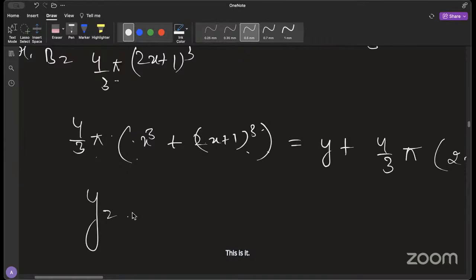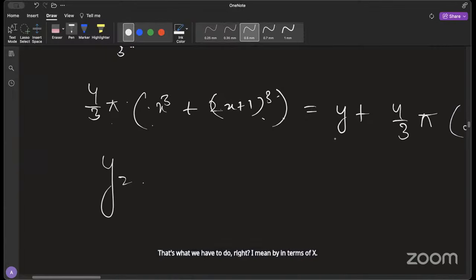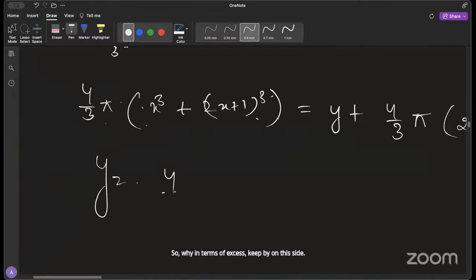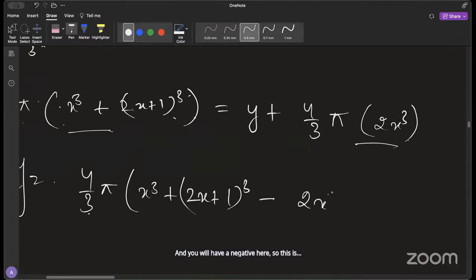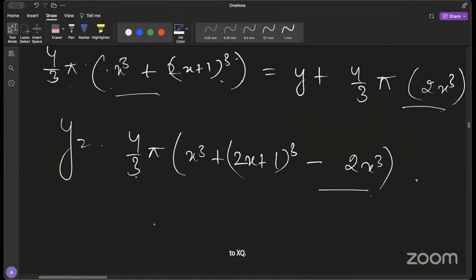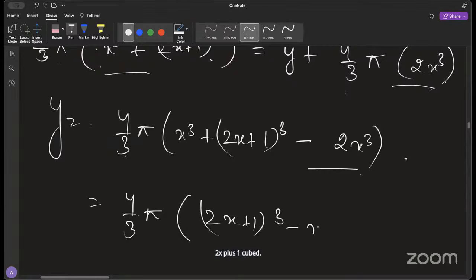So your y will be equal to... that's what we have to do, right? Find y in terms of x. So y in terms of x: keep y on this side, take everything else on the other side. So you'll have this thing, 4 by 3 pi is common in both of these terms. So you'll have 4 by 3 pi common, x cube plus (2x plus 1) cube, and you'll have a negative here. So this is 2x cube. This is going to give you 4 by 3 pi, and this is (2x plus 1) cube minus x cube